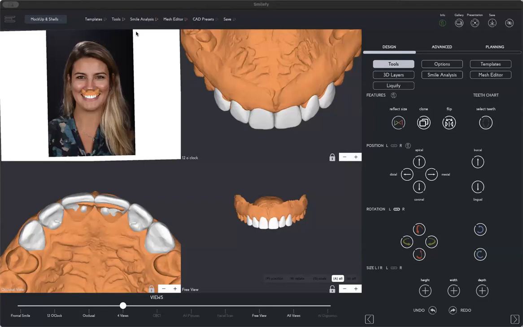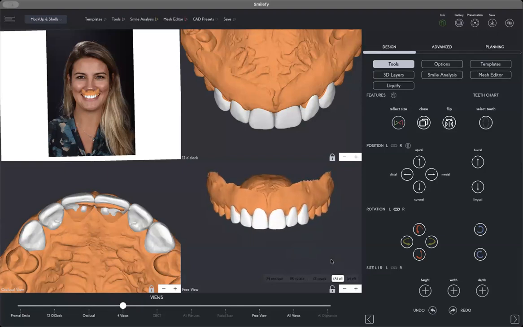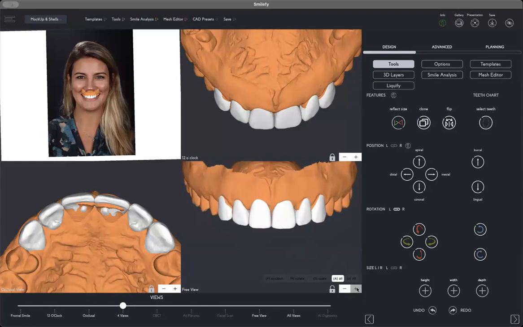Everyone who cannot be with us live at this time, we're going to send the recording, so everything is going to be fine. Today, a short topic, but I think it's a very, very powerful topic. It's the smile analysis. When you design a smile,